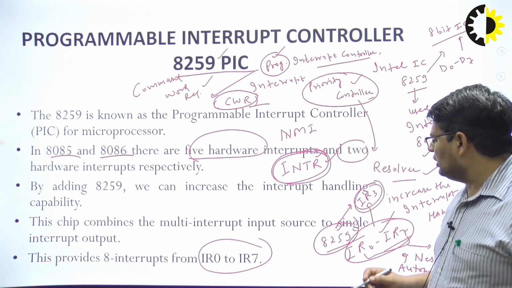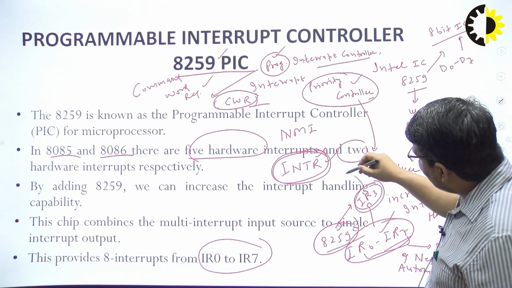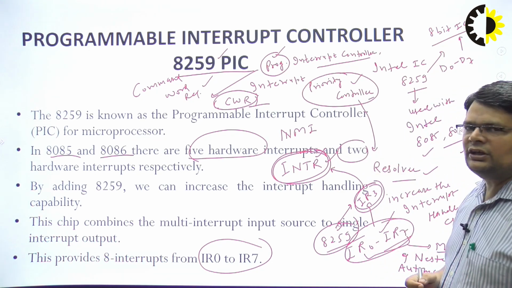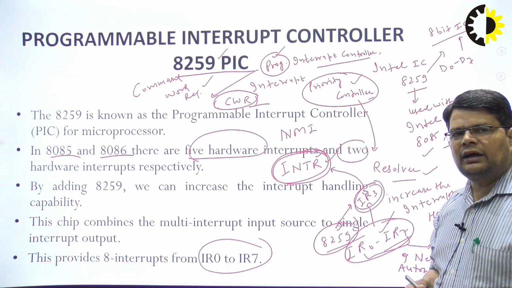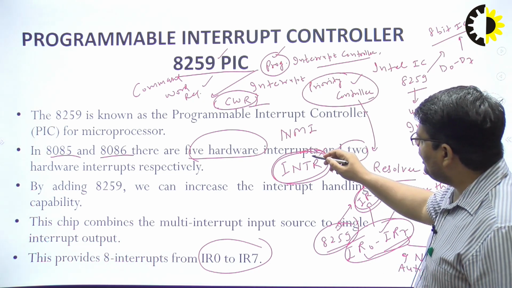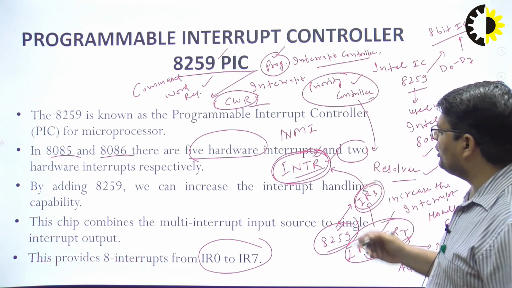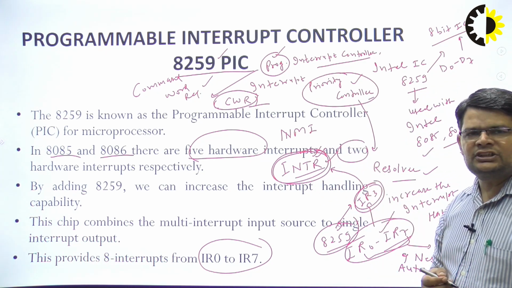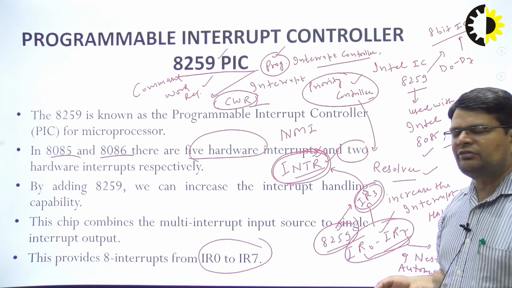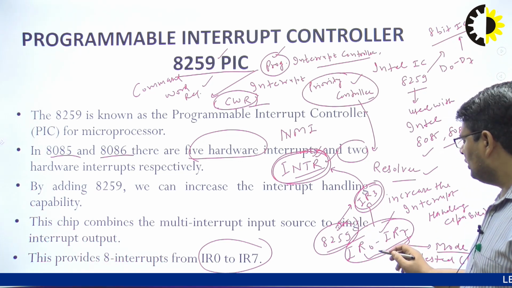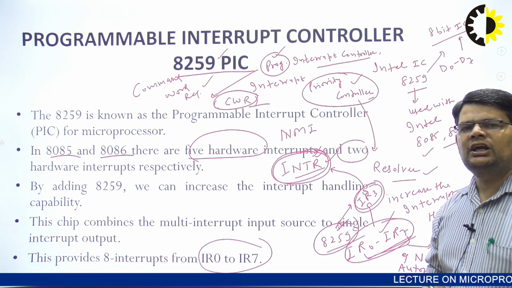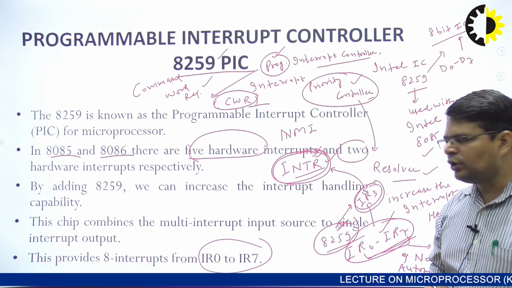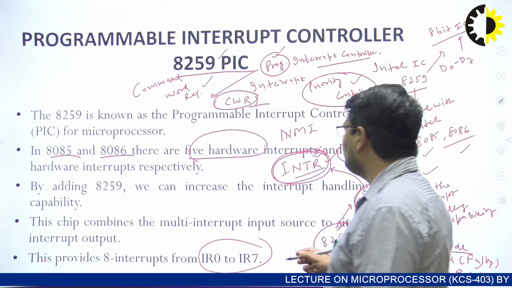So now this IR3 will be connected to the INTR pin of the 8086 microprocessor. So in the earlier case, if we use it directly, then only one interrupt request was handled by the 8086. But if we handle the interrupt request through the 8259, we can have 8 interrupt requests handled by the 8086. Moreover, this IC